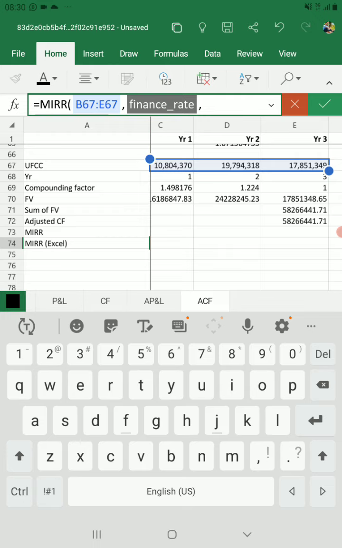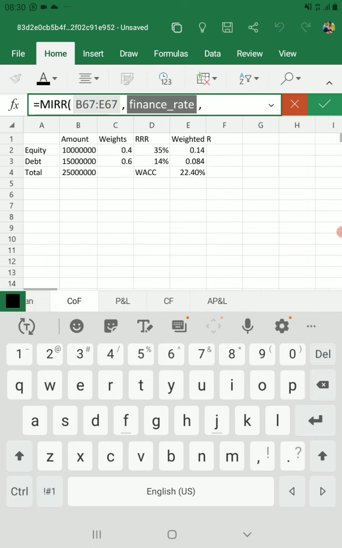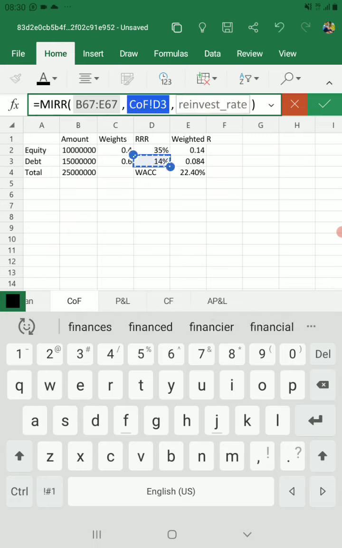And so the finance rate here is the cost of debt, and for that matter we are getting it from our cost of funds sheet here, where we computed weighted average cost of capital. So the cost of debt is this one, effective after tax rate debt here, okay. So we have already put our